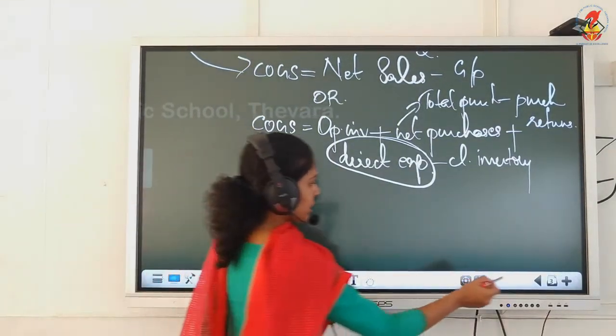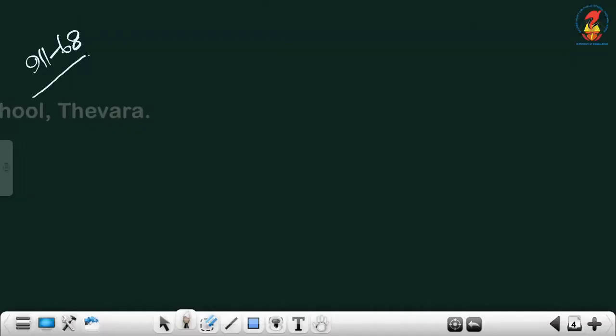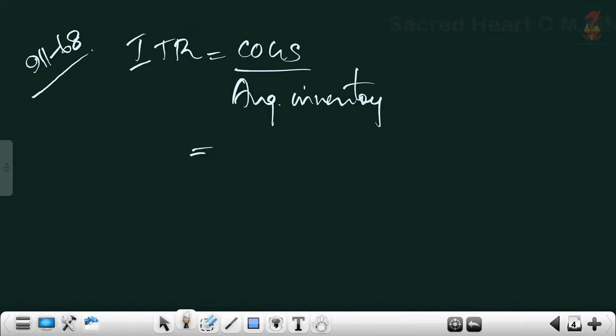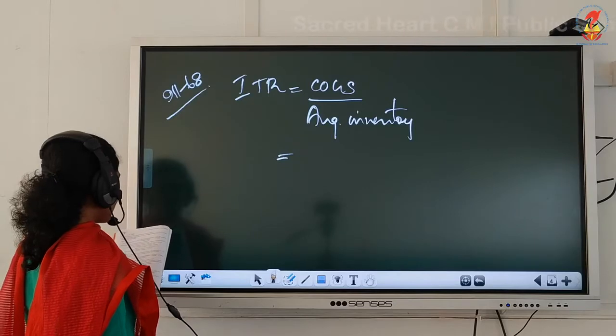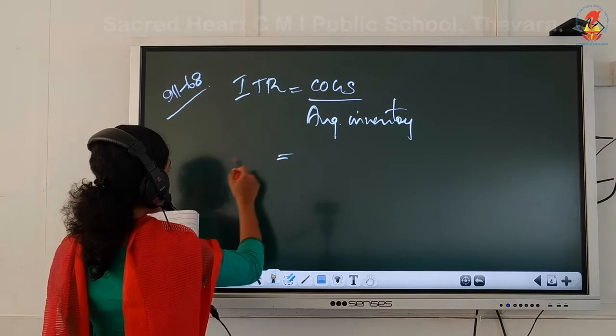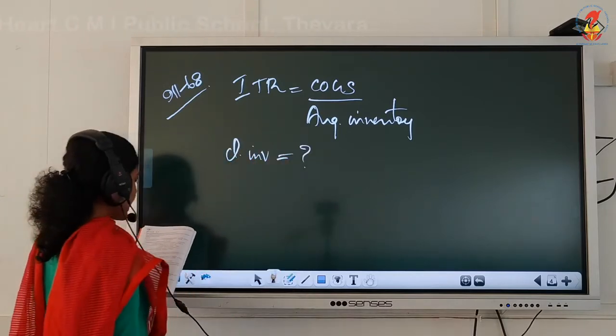We'll work out illustration 68, where you have cost of goods sold, purchases and opening inventory, and you have to get the inventory turnover ratio. When you write, don't use short forms. Cost of goods sold divided by average inventory. Here, what all information you have: cost of goods sold is directly given, purchases given, opening inventory given. That means you have to compute the closing inventory. Why is it needed to compute closing inventory?